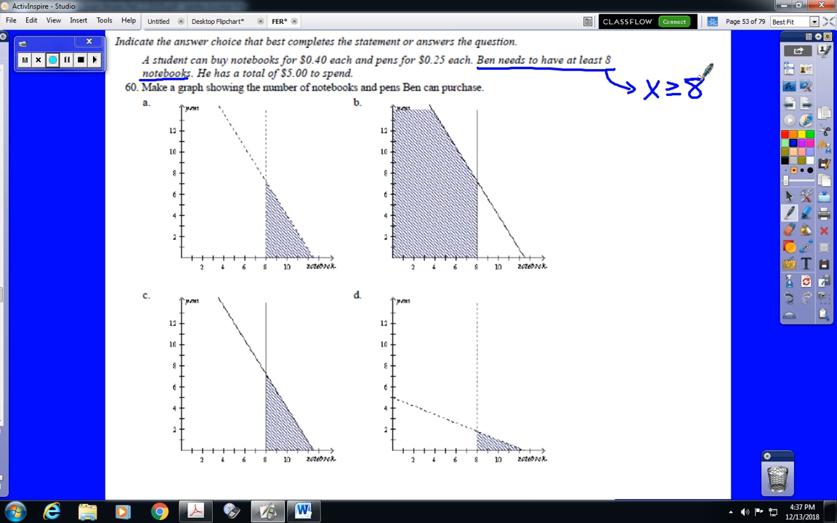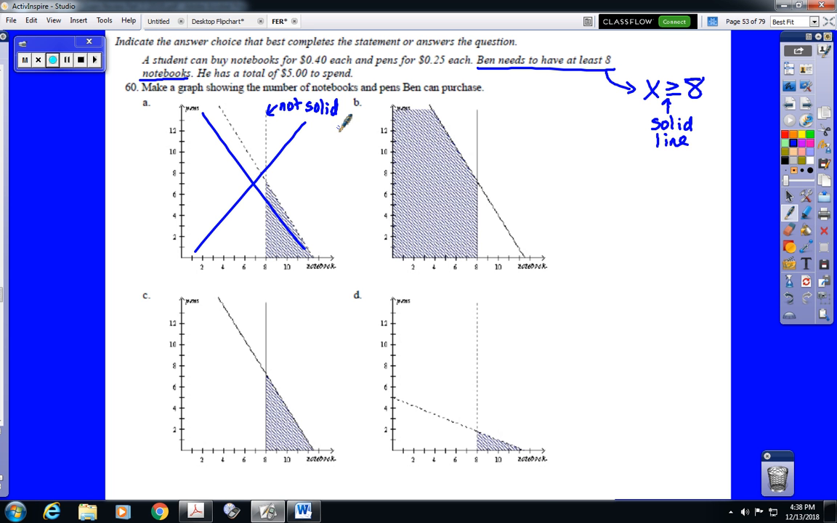Now think about the graph of that. X equals 8 is a vertical line through 8. Notice that all 4 graphs have a vertical line through 8. Now right there, we have enough information to actually answer this problem. We don't even have to consider the other inequality, because this says x is greater than or equal to 8, which means we have a solid line,